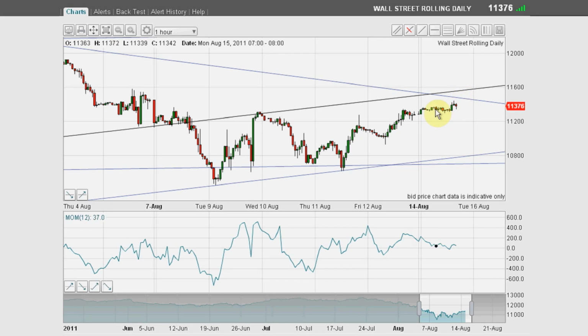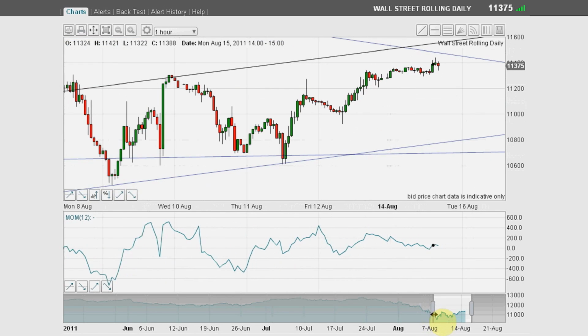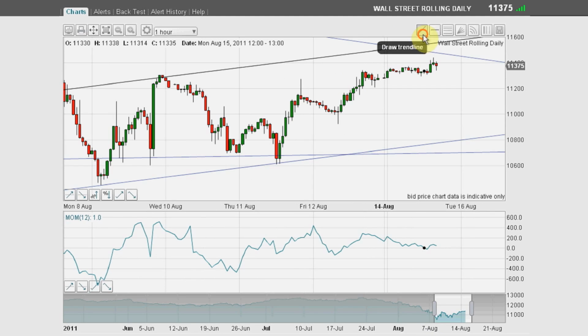So if you weren't short at that level here, you would definitely want to be short if the market reached up here. But of course, we're in the real world. The market may not. It may decide to fall back down, in which case we'd be resuming the bear market that started earlier in August. And how would you get on board if you missed that? Well, that's a tough one. It's very tough. I would say that if we just scoot this up a bit and start another tram line